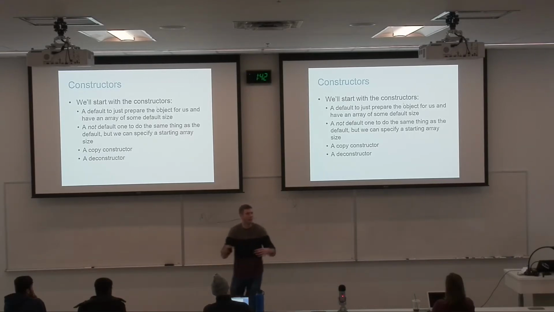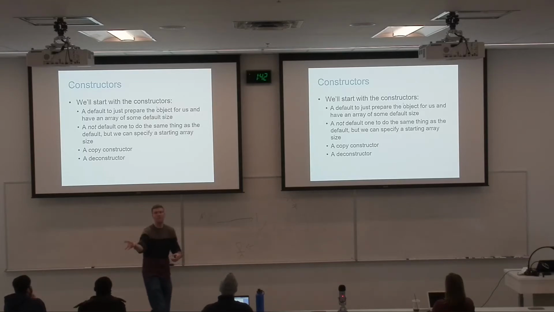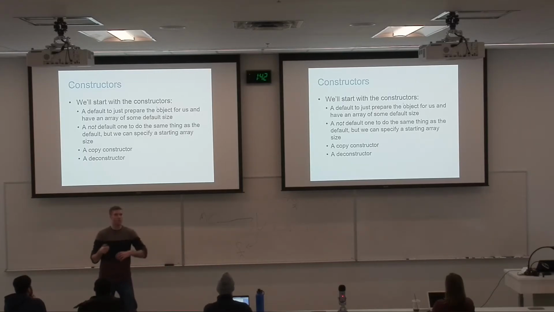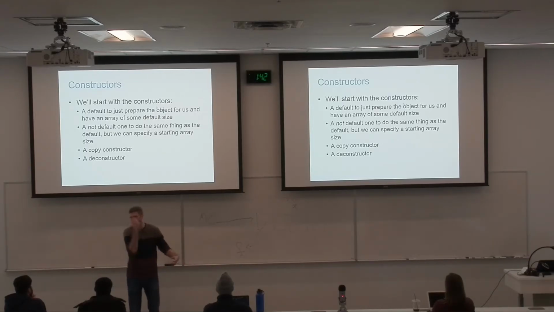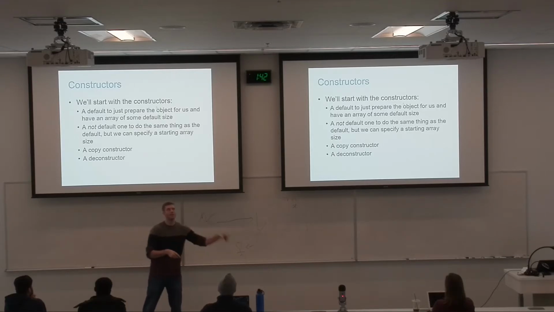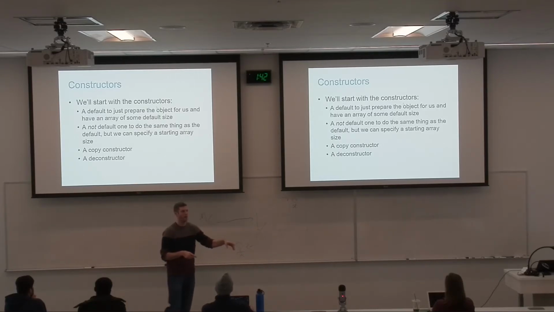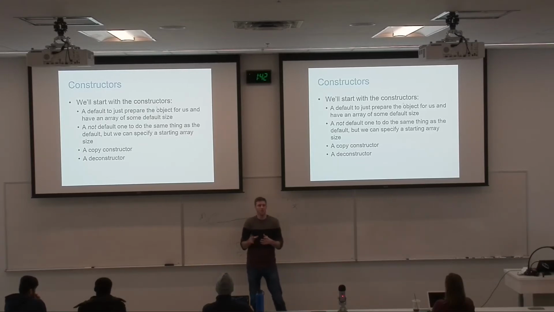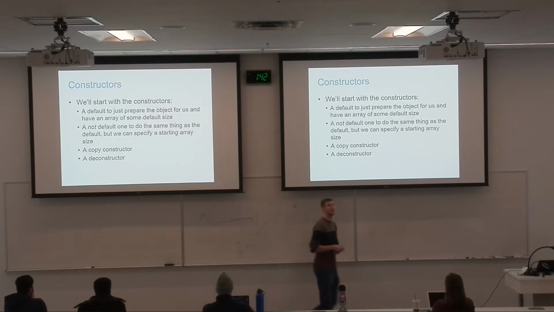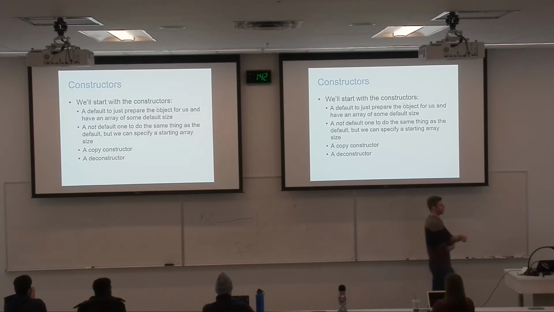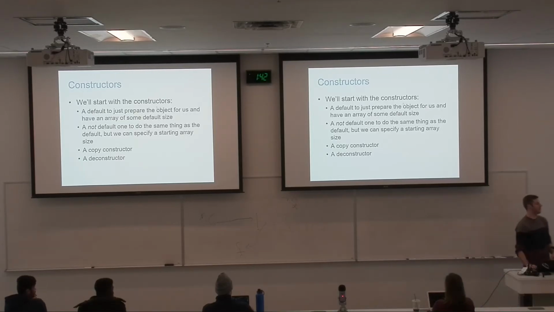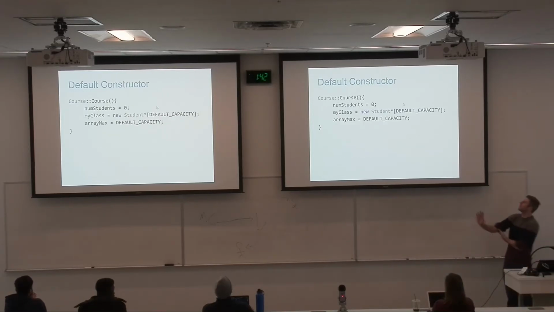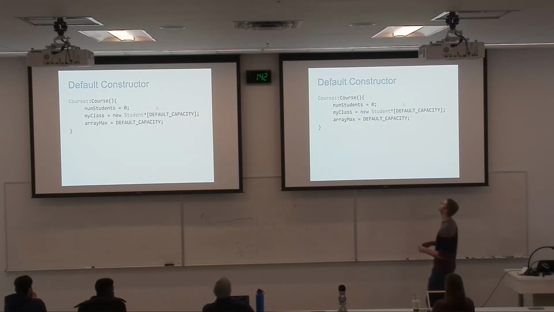If there's an empty spot in that array and you give me a new student to add, well, I'll just put it in the next empty spot. And then I'll update where the next empty spot is and whatnot. That's basically it. I'll just store students in this array sequentially, linearly. Sound good? So in order to get this object started, what are we going to need? Well, I showed you that header already. Let's have a look. Here's a very simple default